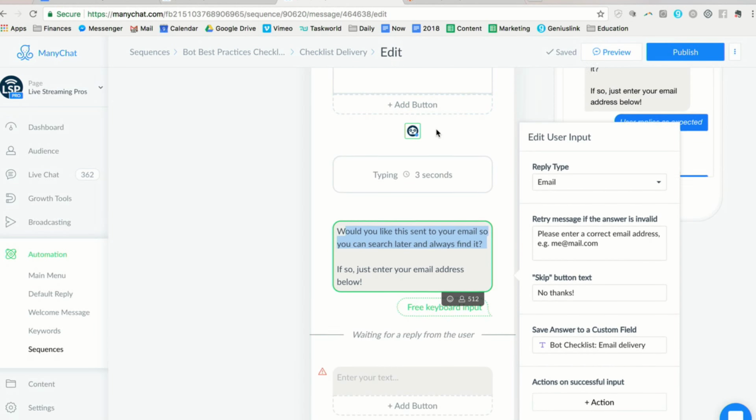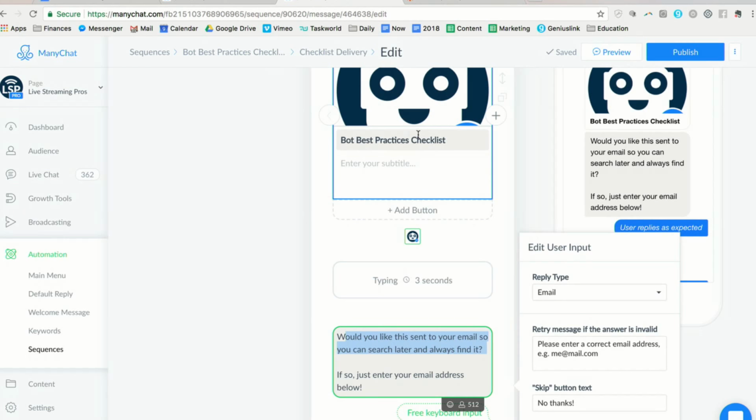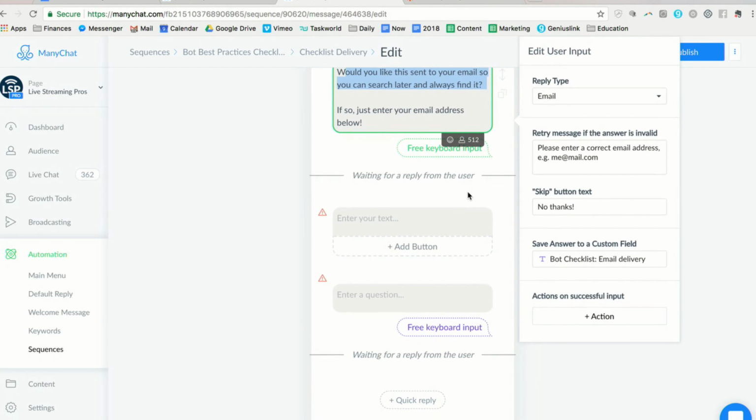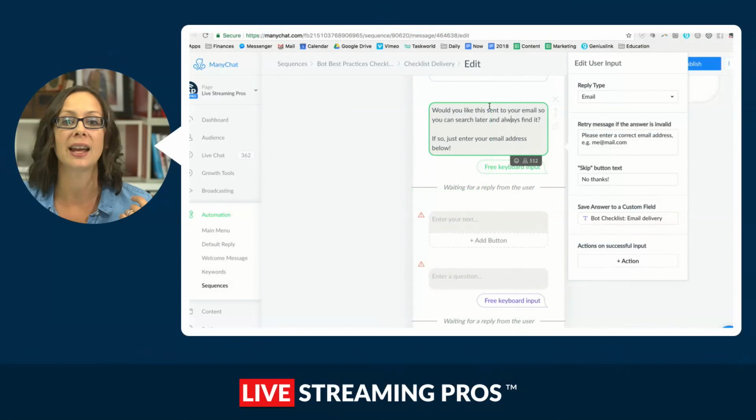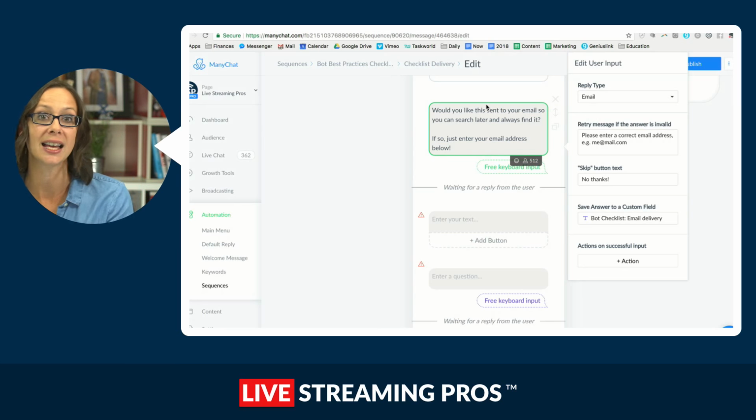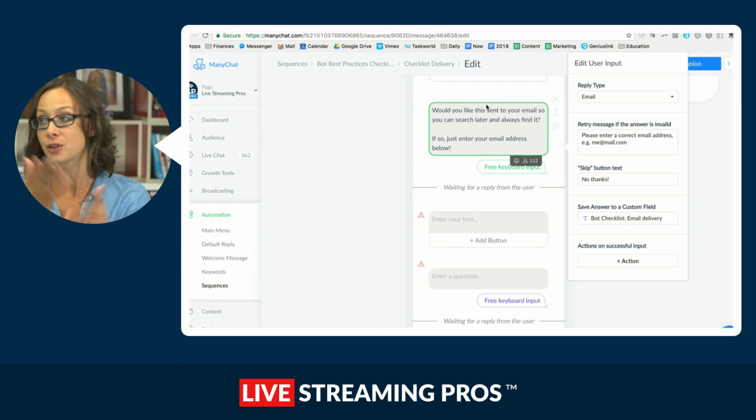I have already given it to them. They have it right here. By clicking this, they download it. They've gotten the PDF. That's all they need to do. But then I say, hey, would you like this in your email address? Because you can then search for it at any time. It's available whatever computer you're on, wherever, whenever, you've got it in your hands, right? Through email.